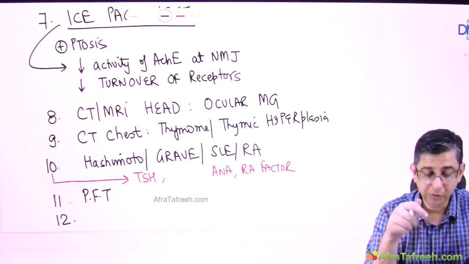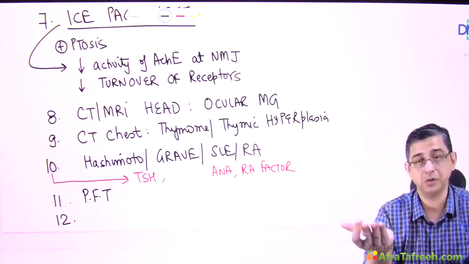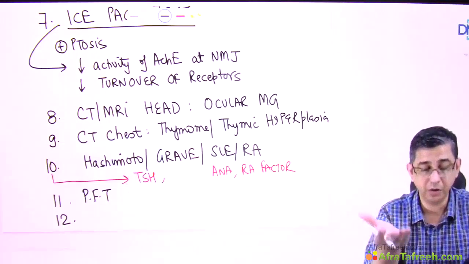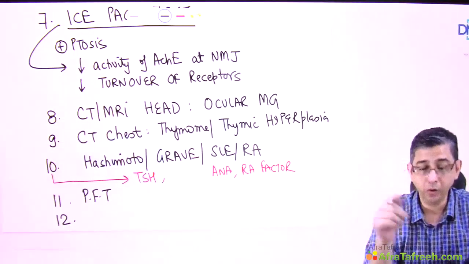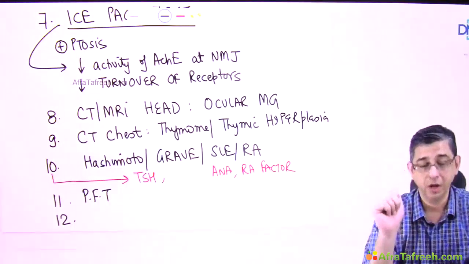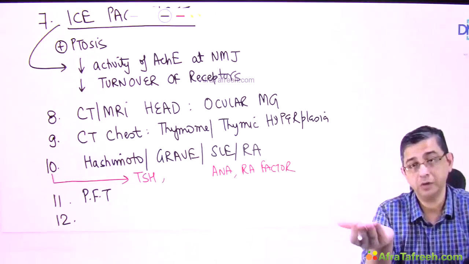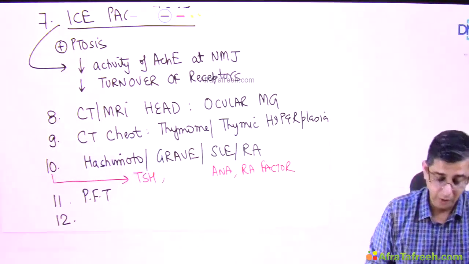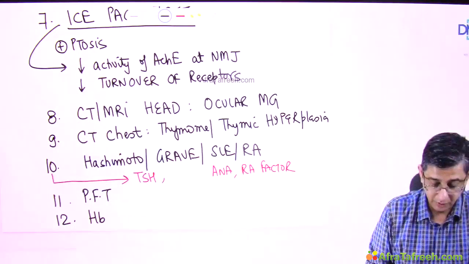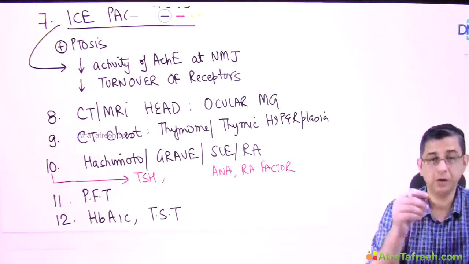Then, because you give steroids for immunosuppression in all patients of myasthenia gravis, or in most patients of myasthenia gravis, immunosuppressive drugs like prednisolone, azathioprine have to be given. If tuberculosis is present in a patient or diabetes is present in this patient coexistently, then they will worsen. Steroids will worsen tuberculosis, steroids will worsen diabetes mellitus by increasing the blood sugar values. So the textbook says that glycosylated hemoglobin values and baseline test for TB, like at least a tuberculin skin test,